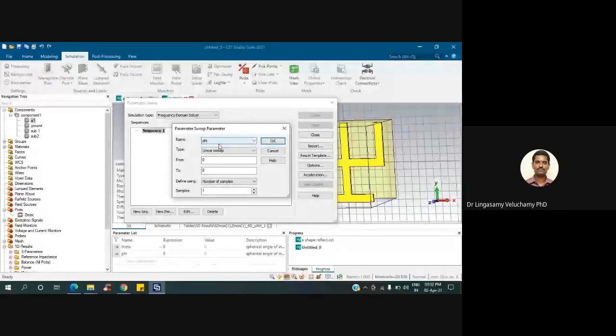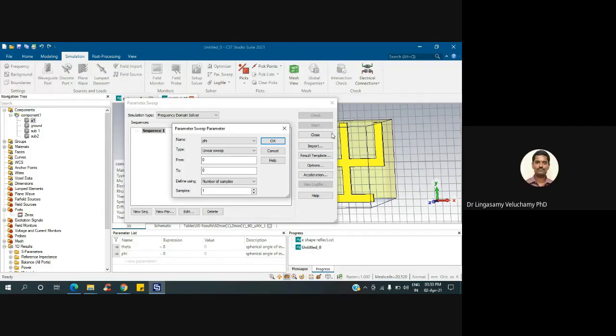the unit cell size. In the unit cell, the plus kind of sign is there, right? All the width, length, all the parameters, you have to define in terms of one parameter. For example, width is equal to L by 4 and length is equal to L by 2, something like that.